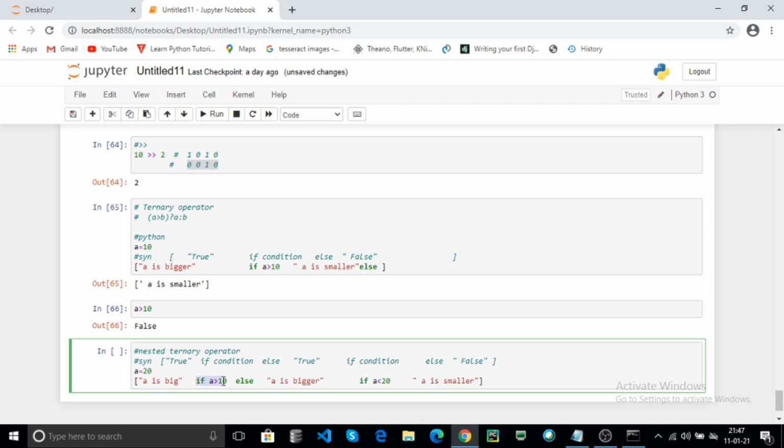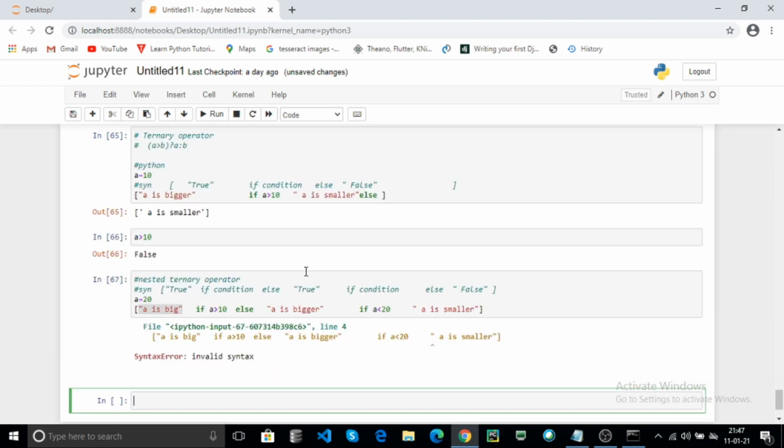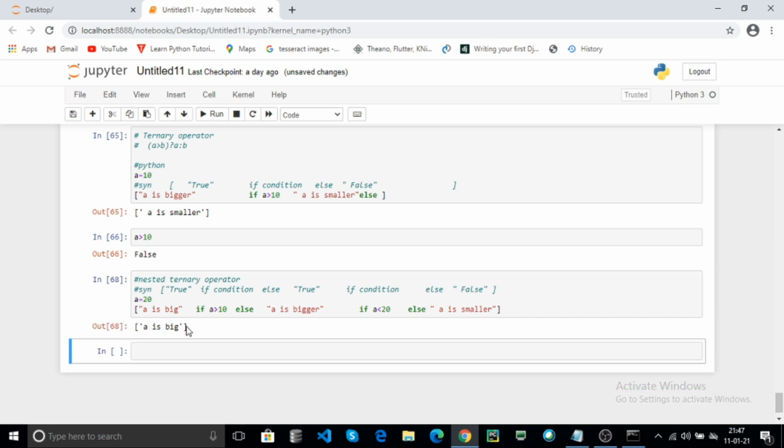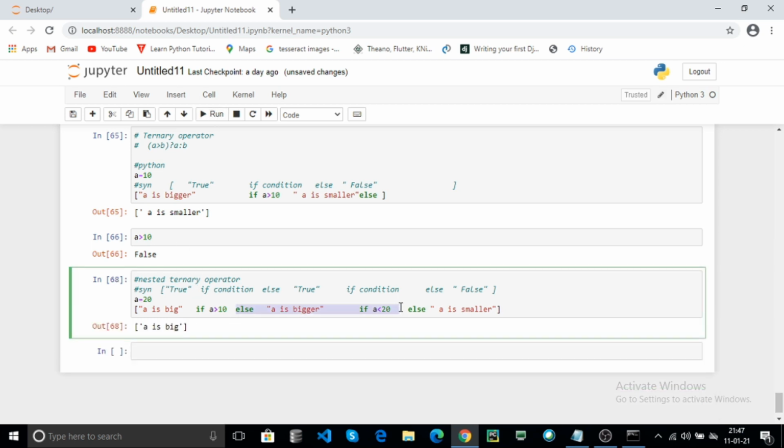Here it checks if A is greater than 10. This condition is true. A is big will be printed. Here A is big is printed. The else part will be skipped.